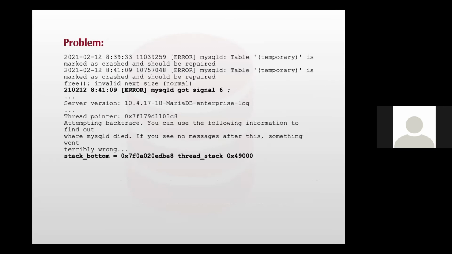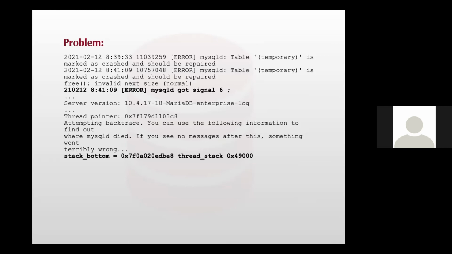This is a very problematic issue which I worked on recently. I had to work with Monty Widenius. I hope everyone knows Monty is the founder and the original developer of MySQL. If this crash happens and this is the information you get from the error log, it's clueless, meaning you can't see why this is happening.